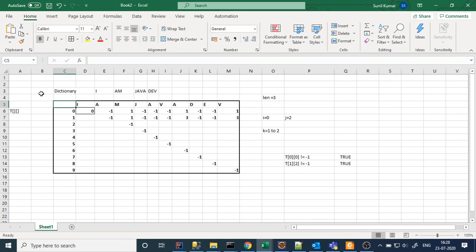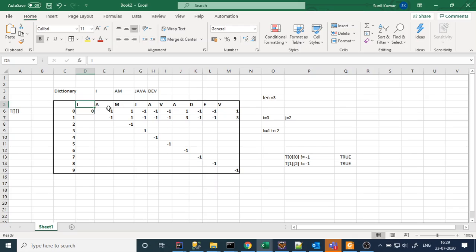The bottom up approach is where we have subsets of the problem. Just for simplicity, I created a tabular structure whose length will be the length of the given str value, right?